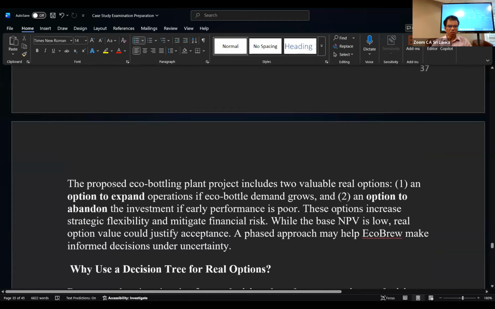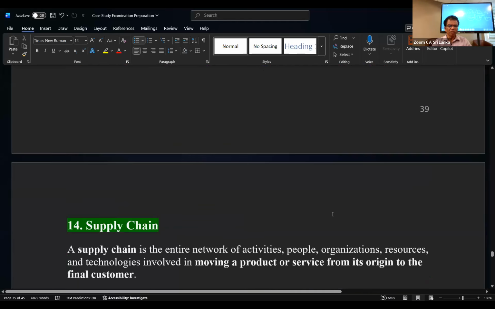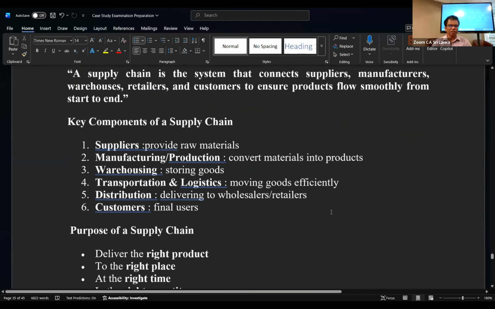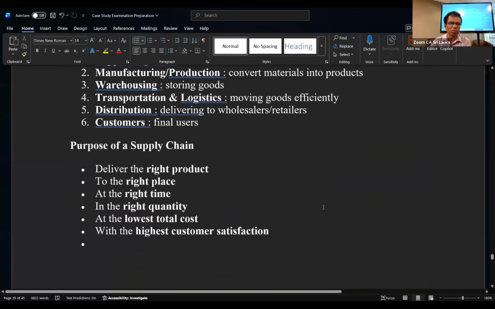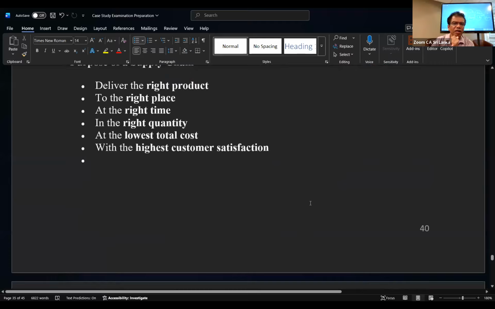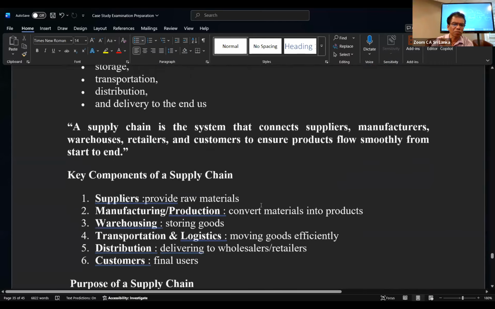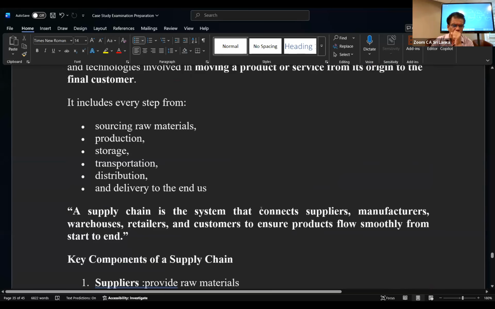So those things are the theoretical aspect. I covered it. I have already done supply chain management also, and you can read it once the documents are circulated. Maybe it has been circulated today. Deliver the right product to the right place. These are the things when you come to supply chain management. The most important: source raw materials from where, then production, storage; you must have an idea about those places. But here, in the banking sector, there will be finance supply chain management.